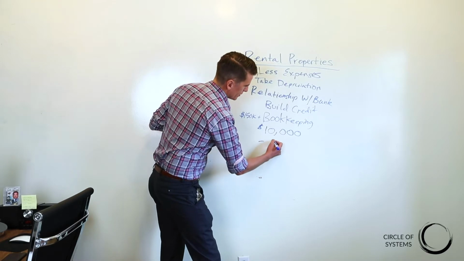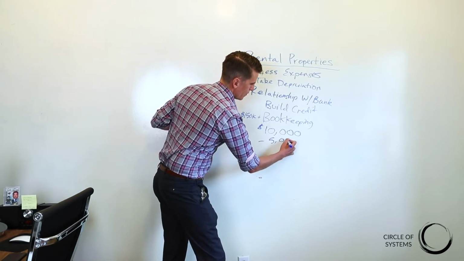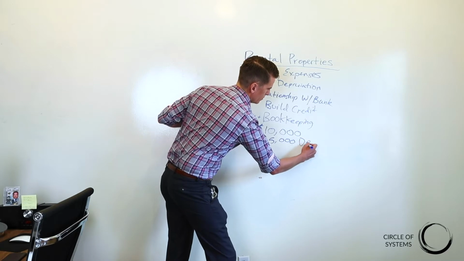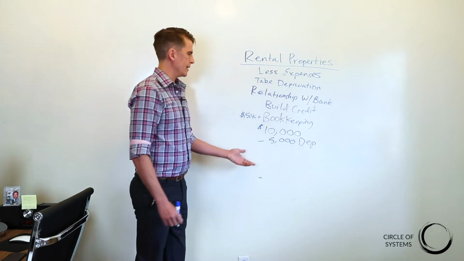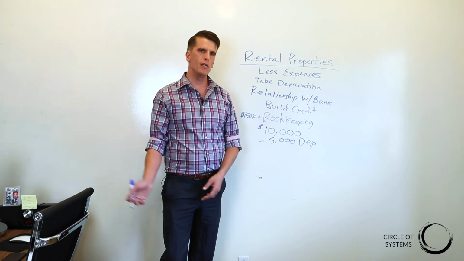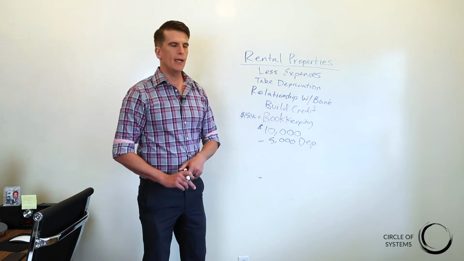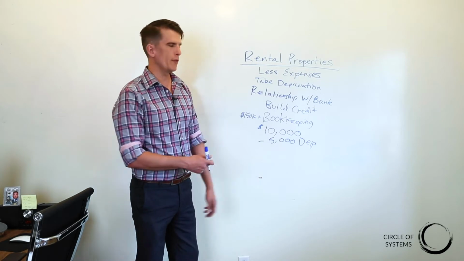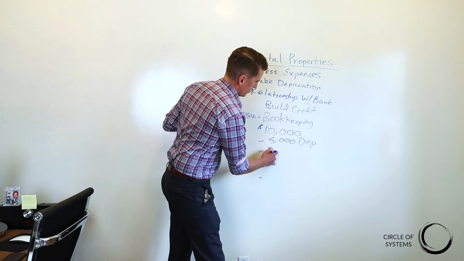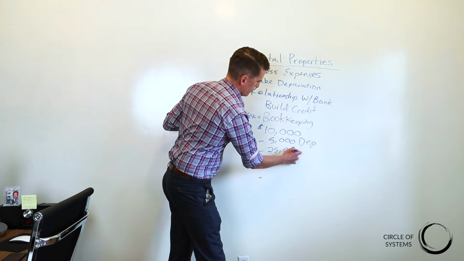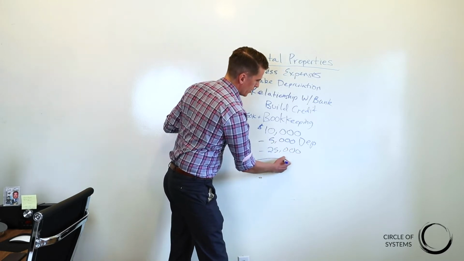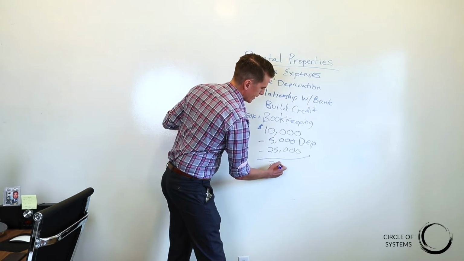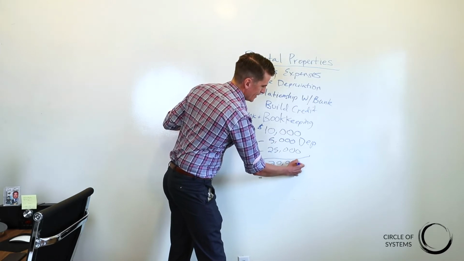But the cool thing is you're not going to pay taxes on this $10,000. Why? Because we're going to depreciate the home. We might get $5,000 to depreciate just for the cost of the home. And then let's say you do some upgrades, you put in a new washer, new dryer, it's furnished, so you furnish the whole thing. You might be at $25,000 negative. So now you've got a $20,000 loss to take against your other passive income.